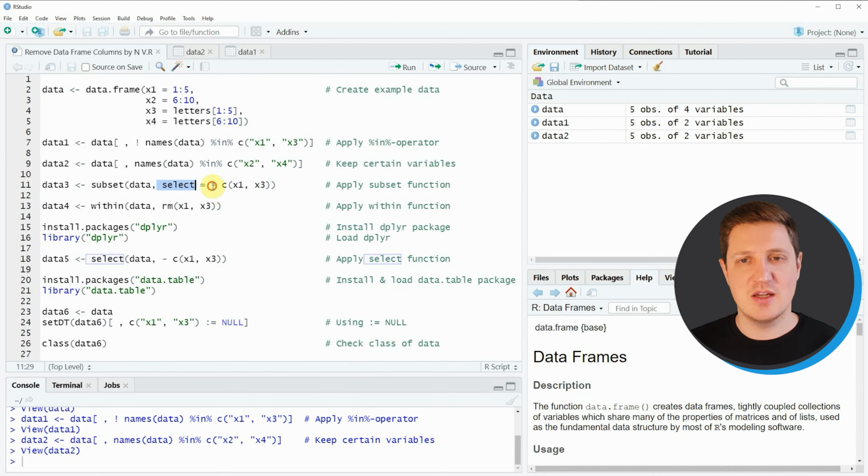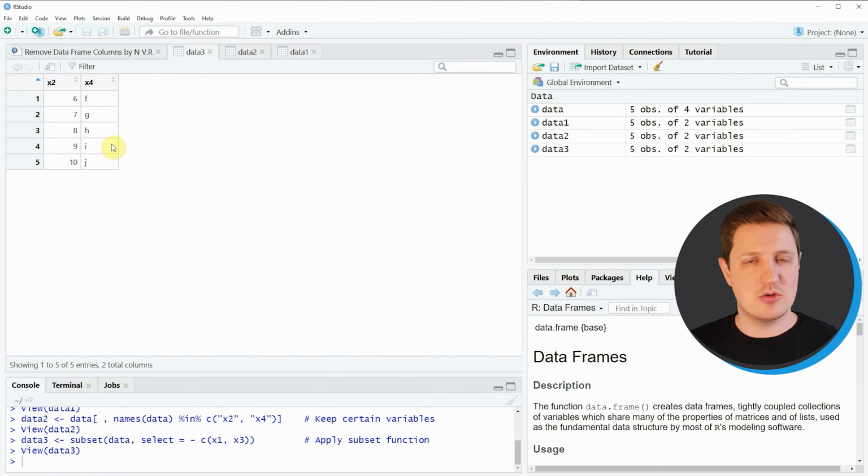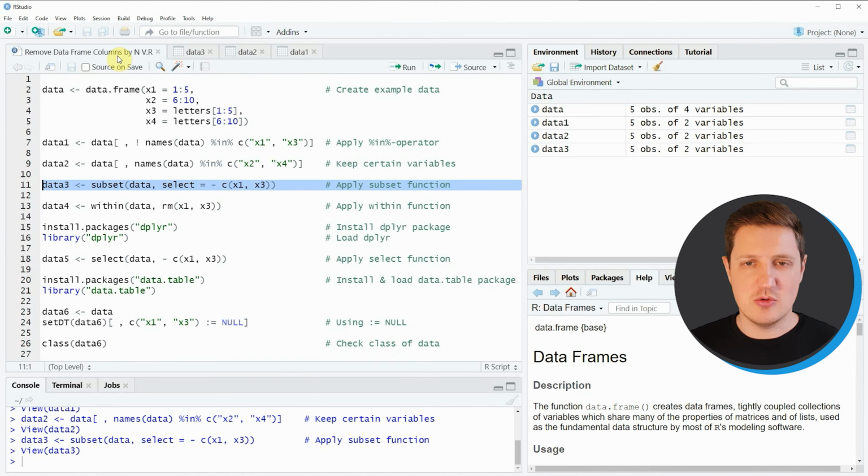In this case, we are specifying the columns that we want to remove, and for that reason, we are specifying a minus sign in front of the variable names that we want to remove. If you run line 11 of the code, you will see that another data frame appears at the top right. This data frame is also consisting of the variables x2 and x4 as in the previous examples, but this time we have used the subset function to select our data frame columns.